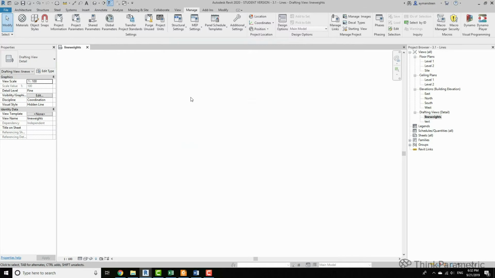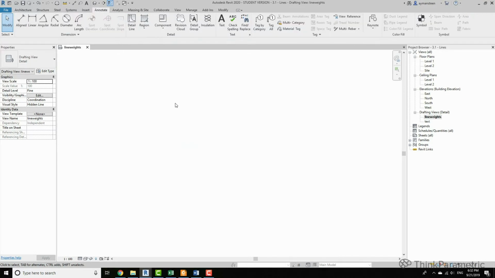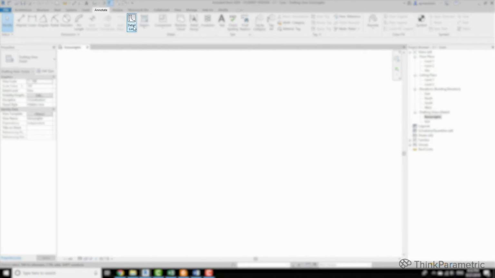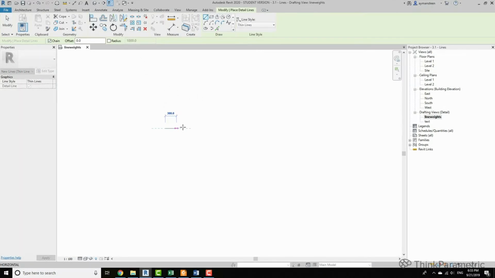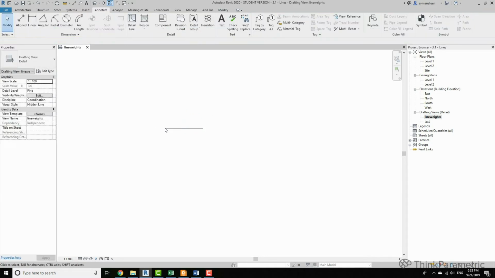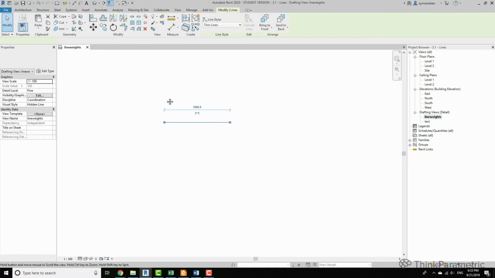I'm using a drafting view to create samples for the lines. Let's use the Detail Line tool and create a line. Then let's array it 9 times.